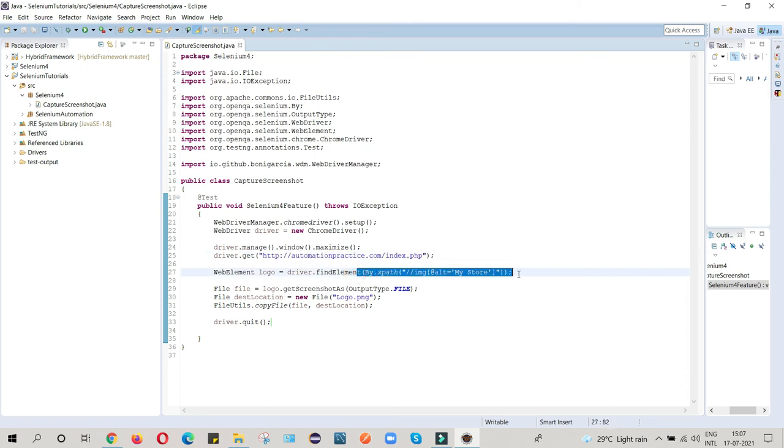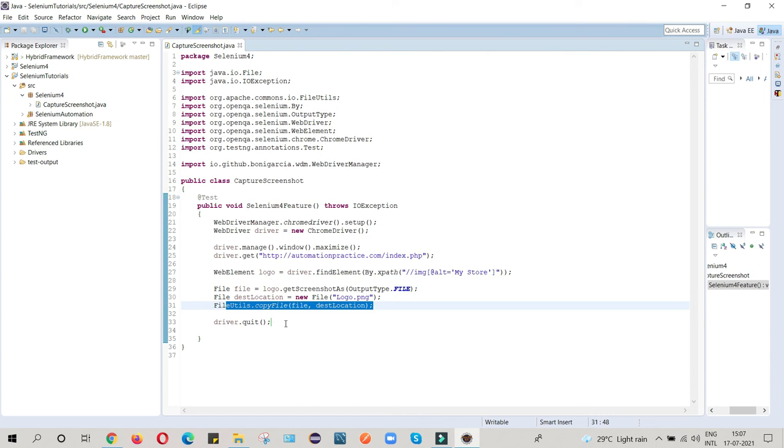So here we found the XPath of this particular locator and defined it in a variable. Whatever screenshot we capture from here, we provide the destination location and copy that image to this location. So this is the activity we have done.